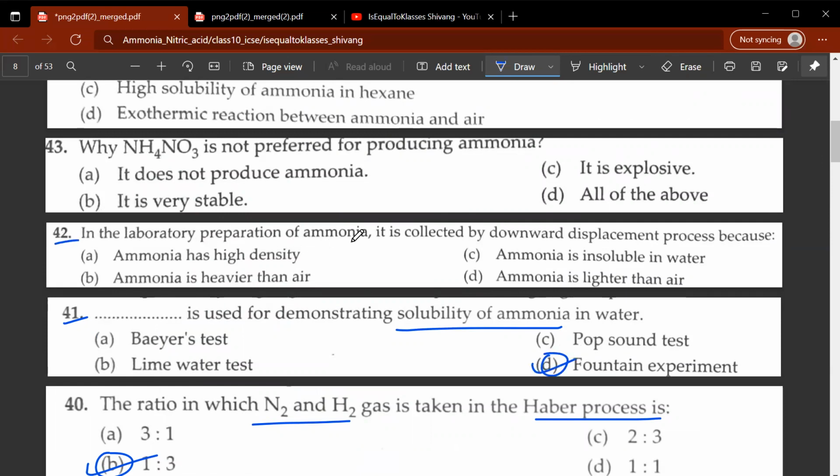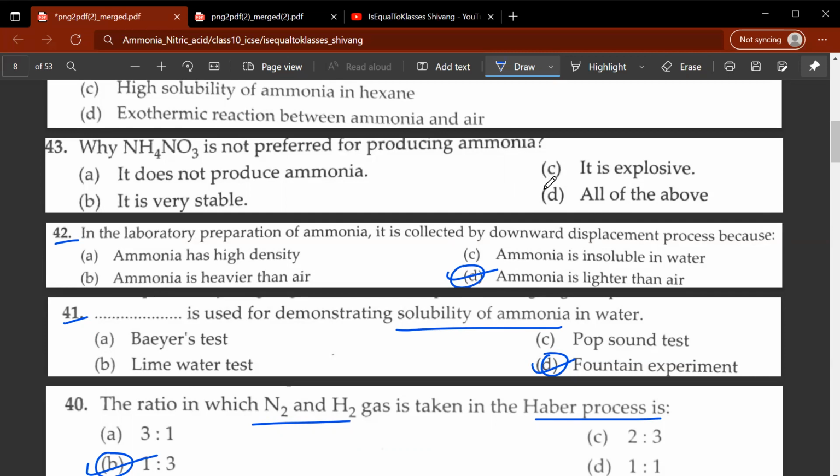42nd question, in the laboratory preparation of ammonia, it is collected by downward displacement of water. Downward displacement process because D, ammonia is lighter than air. Now, one more thing, in the laboratory preparation of ammonia, ammonia is not collected by upward or downward displacement of water because it is soluble in water. So if you